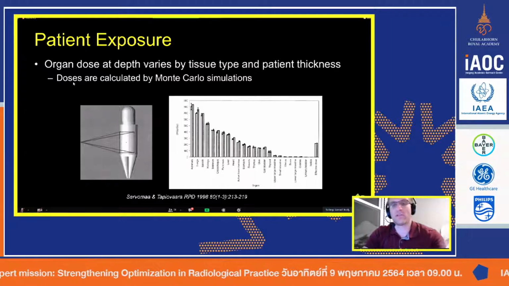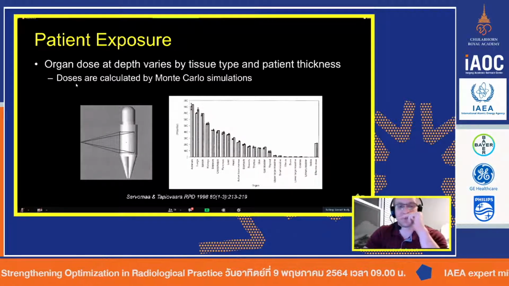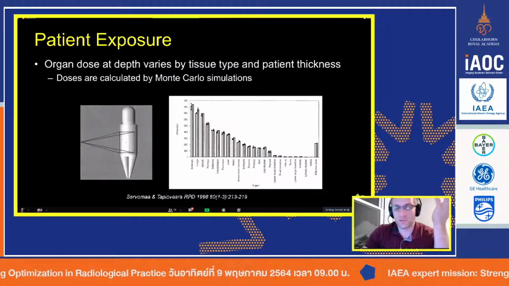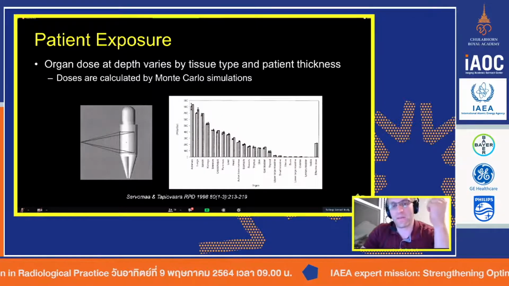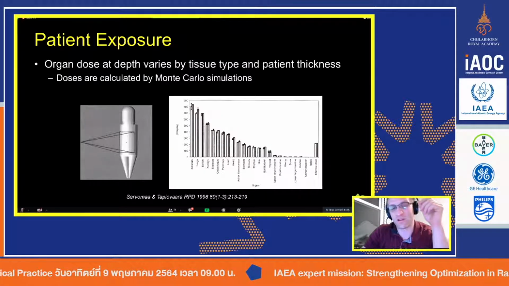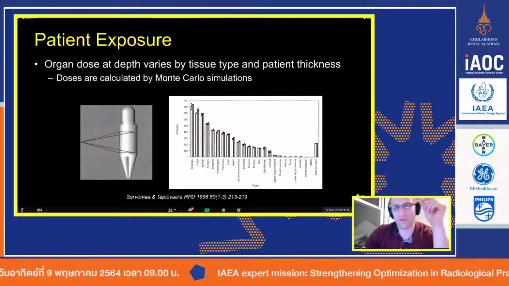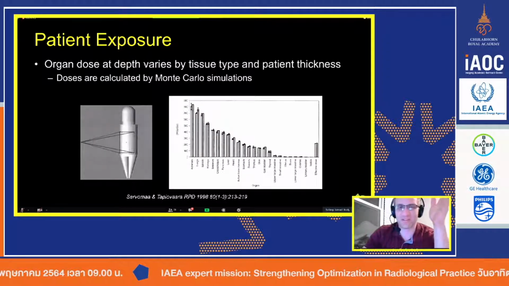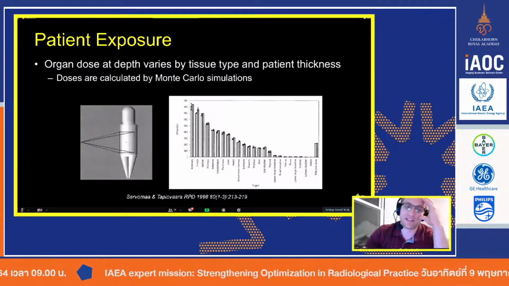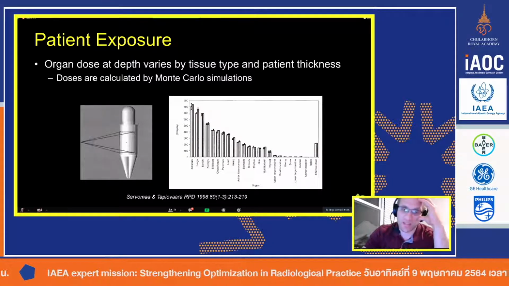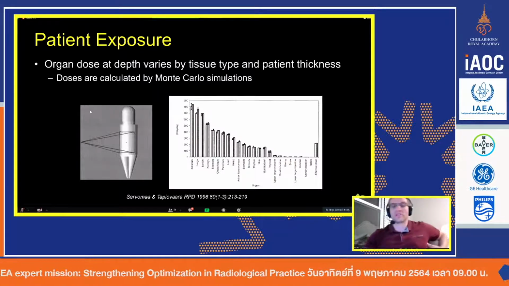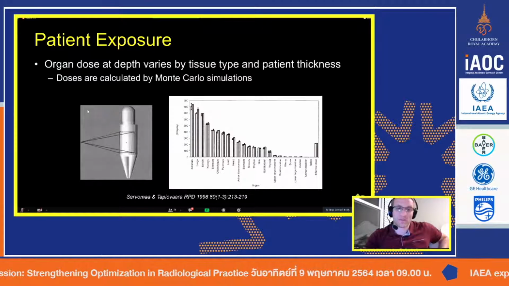we talked about skin dose. Skin is only one organ in our entire body. When it comes to fluoroscopy and radiography, it's basically the only organ that we calculate the dose for because it's the easiest one. When it comes to calculating all the other organ doses in our body, it's very difficult because